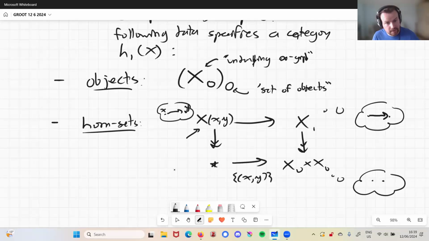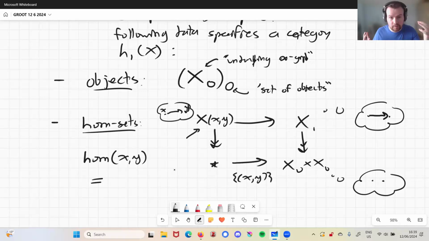And so with that in mind, when we want to look at the Homs from X to Y, all we're going to do, as expected with the homotopy category of an infinity one category, is take path components of one morphisms. That's what we do. The paths in this are going to be two morphisms between the one morphisms from X to Y, right? So we take path components. And what's nice, by the way, is that because this is a Kan complex, pi 0 is not doing zigzag chains in the simplicial set. It's just that there is a morphism, right? So it's not too hard to deal with